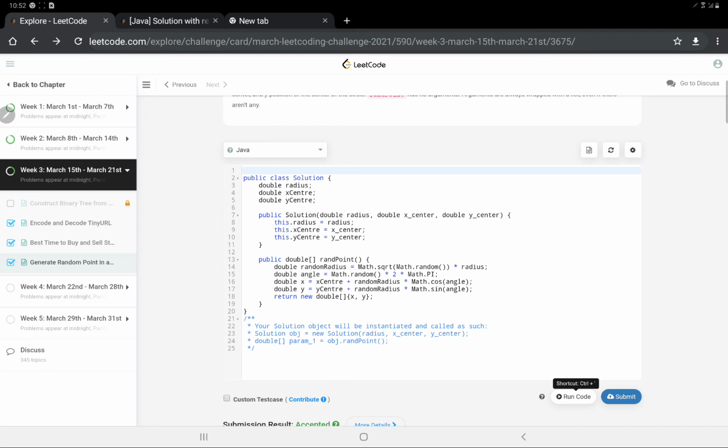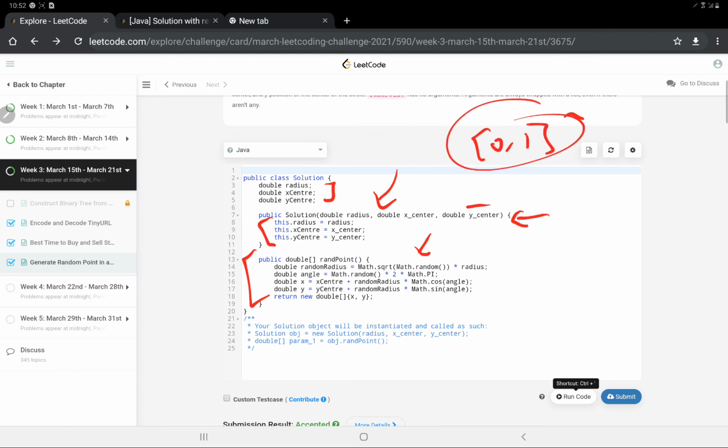So here, as you can see, we have to design a constructor also. I have taken three variables here, x center, y center, and radius, and I have just initialized them with my class constructor. Now this is my function which will generate random points. As I told you, for radius we will be square rooting the value, and math.random will always give a value from 0 to 1, so we don't need to think about that. We will multiply it with radius to get a random radius, and similarly for angle, as it ranges to 2 pi, we will get a random value and multiply it with 2 pi.